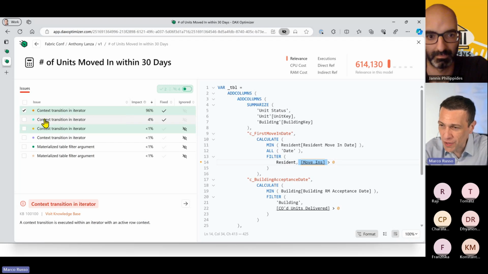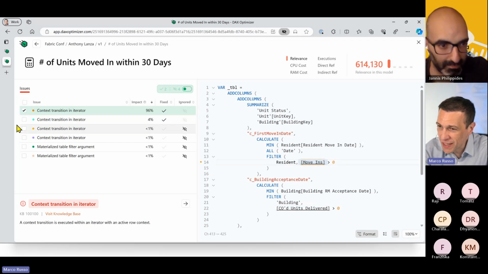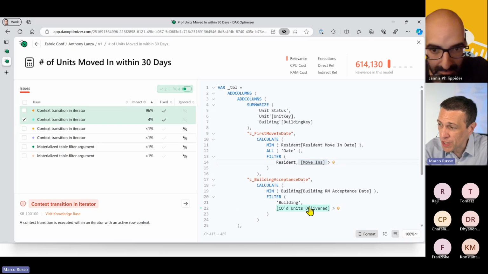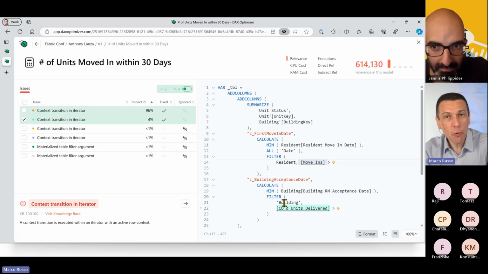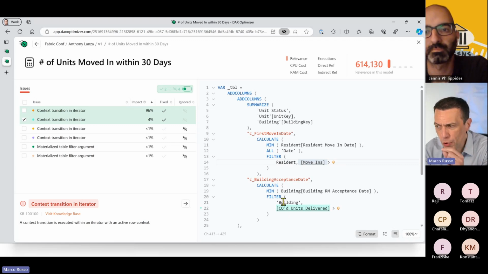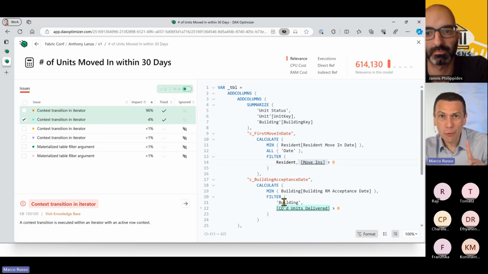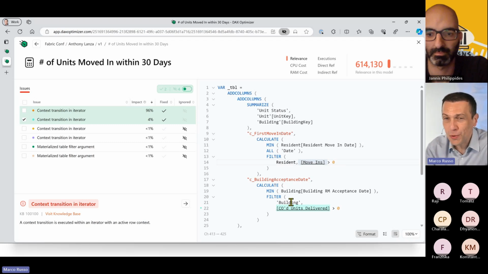We have the same issue at line 22. But why is this less important? Why is this 96% and this one is 4%? Because now instead of iterating by resident, we are iterating by building. Now, once again, it's the same issue. Why do you iterate all the buildings, when one unit can be only in that building? It's impossible that the unit moves to another building, right? So it's just one. Why are you doing that? It's useless. But again, if you ask to iterate all the buildings for all the units, DAX will do that